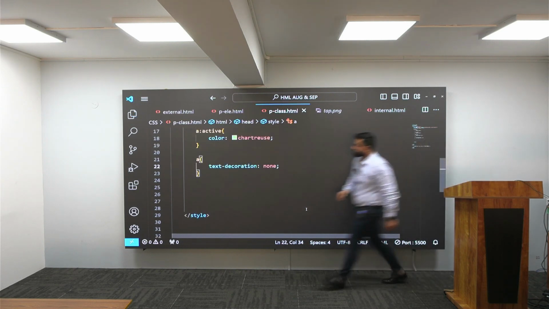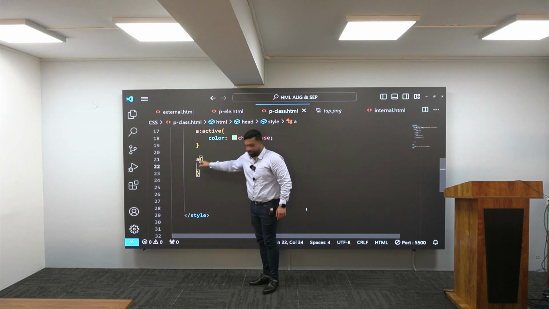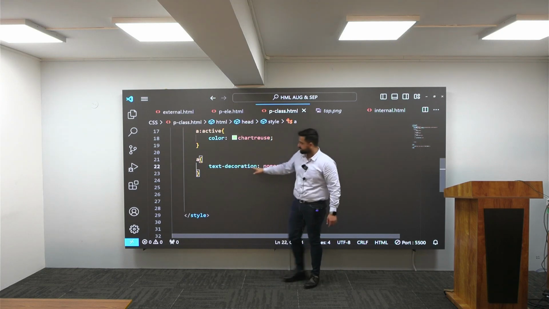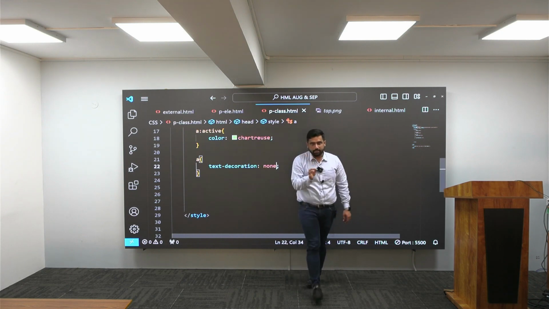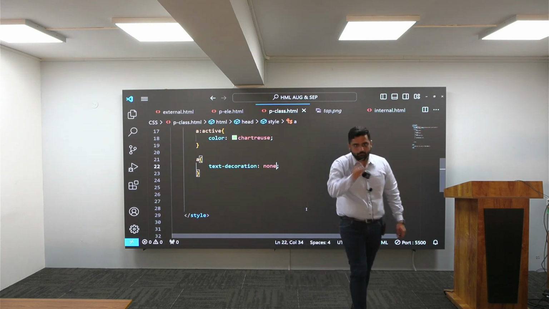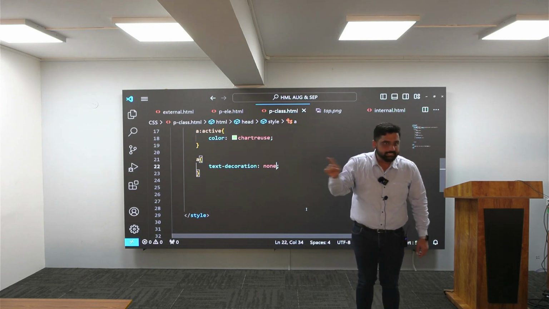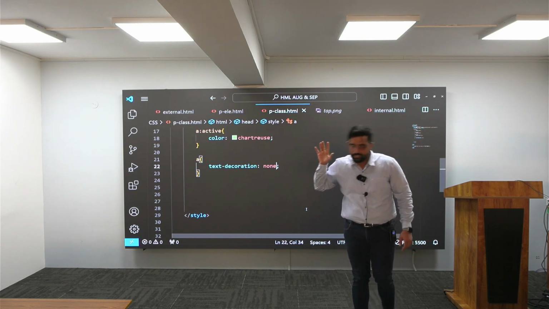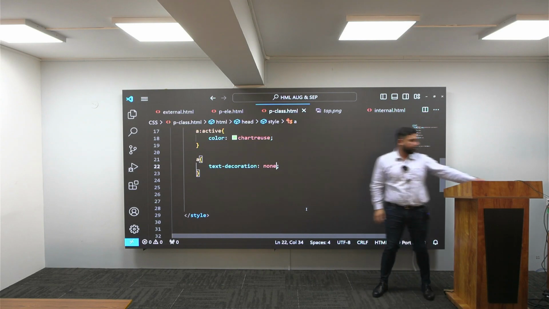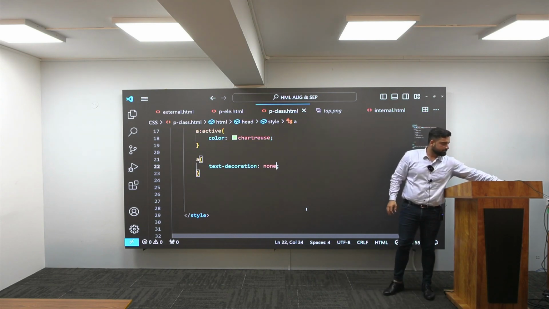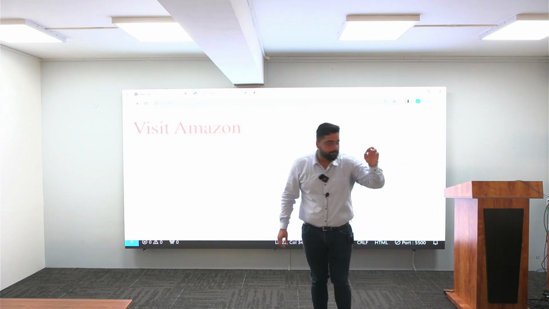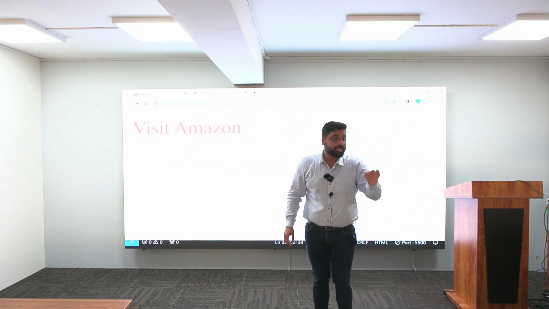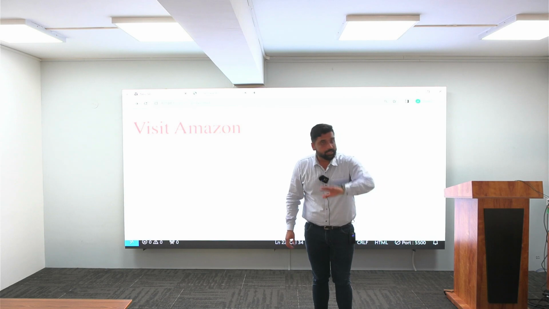First I have used my element name A. Inside that I have used one CSS property, which is text decoration. Inside that text decoration I have used one value which is none. The moment you use none, whatever lining you are getting will be removed. Understood? I wanted to get a proof. How can we get a proof? Just save this, just open this. Understood? So with the help of this you can remove the line. Understood?